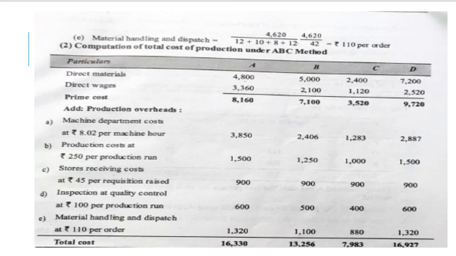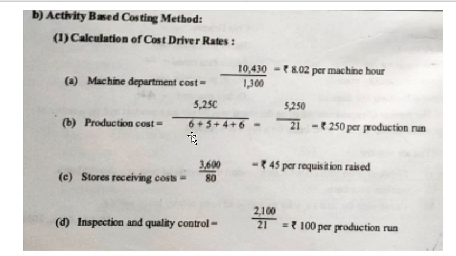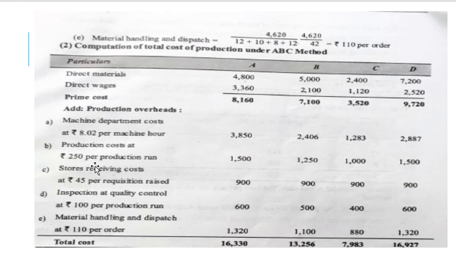Next, production cost. For production cost, what was the cost driver you used? The production run. As per the question only, we have used the production run. So I hope you understood how you got 6, 5, 4 and 6. So for A, 6 is the production runs. Now what is your production cost? Rupees 250 for one run. So for A, it is 6. So 6 into 250 will give you 1,500.